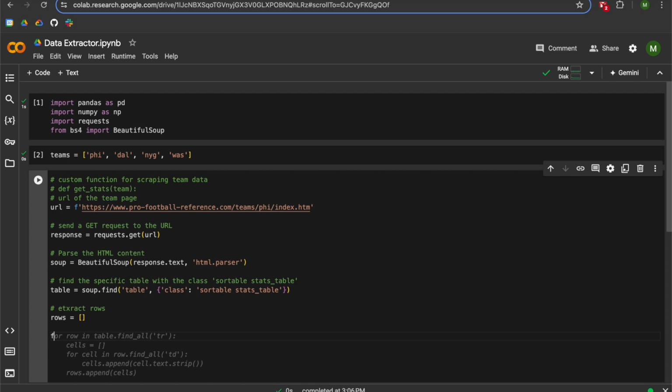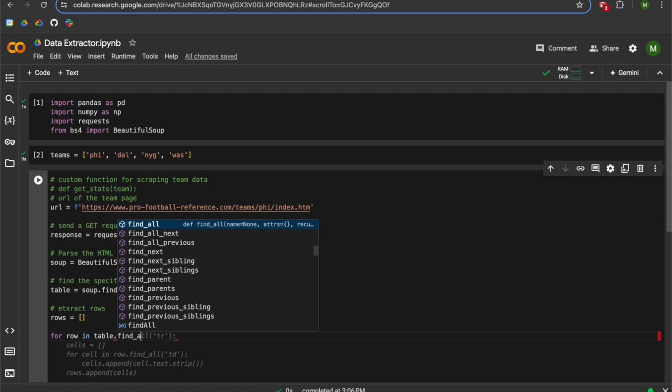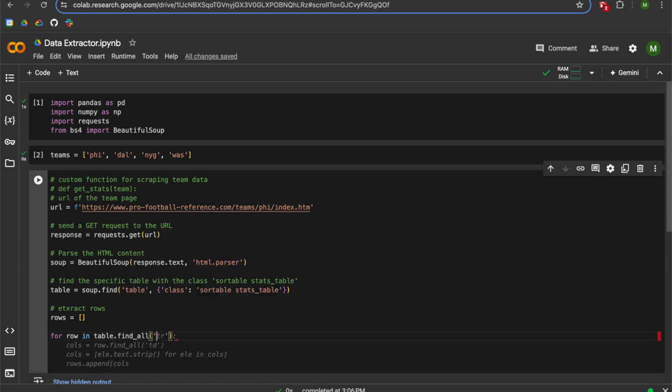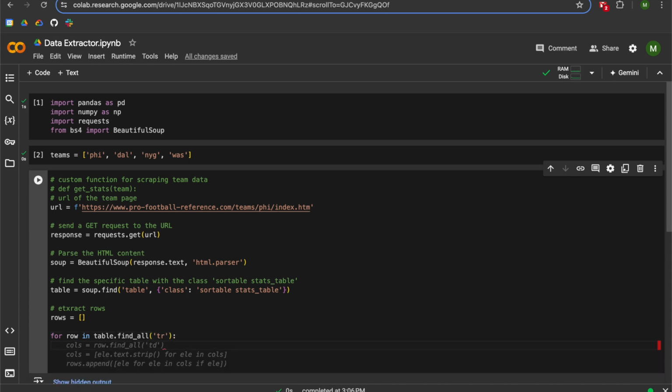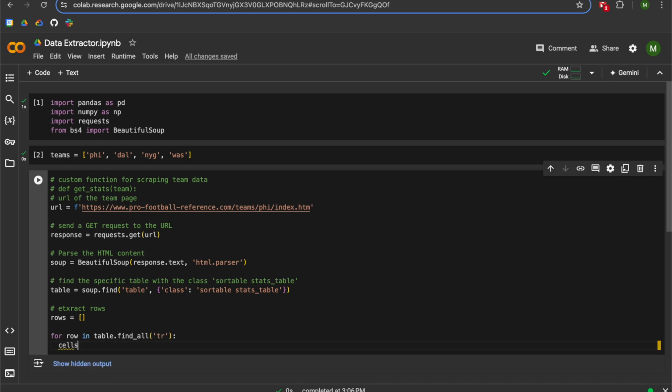So we're going to do for row in table.find_all, and we're going to do a single quote, sorry, and we're going to pass that tr tag. We're going to add a colon. We're going to hit enter, and then we're going to create a variable called cells, and we're going to set it equal to row.find_all,